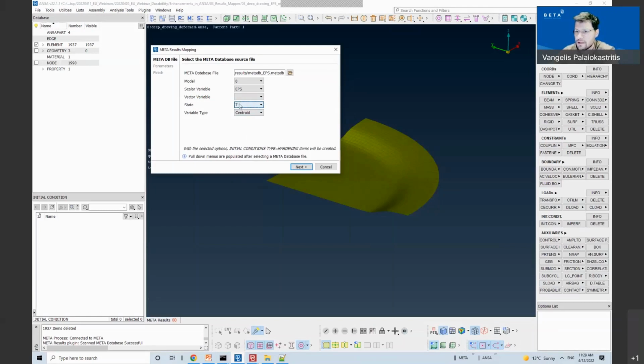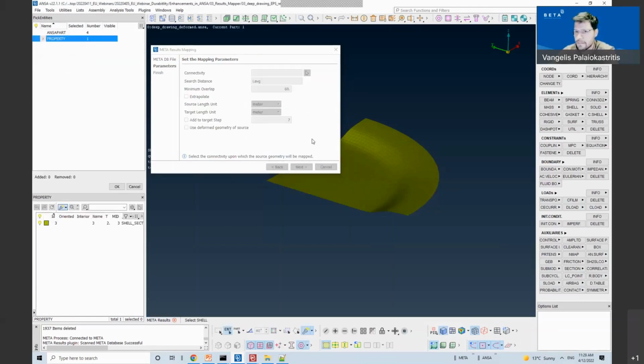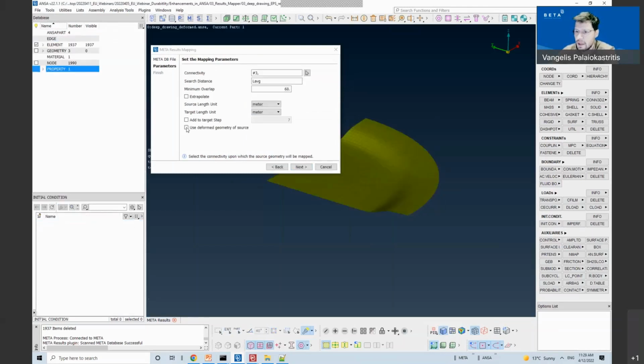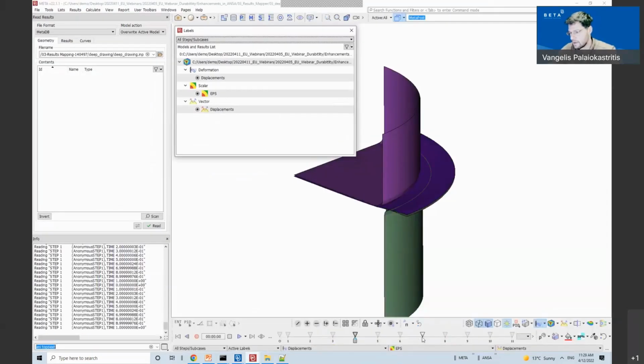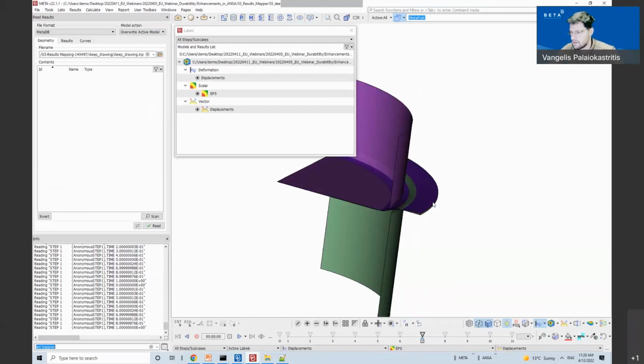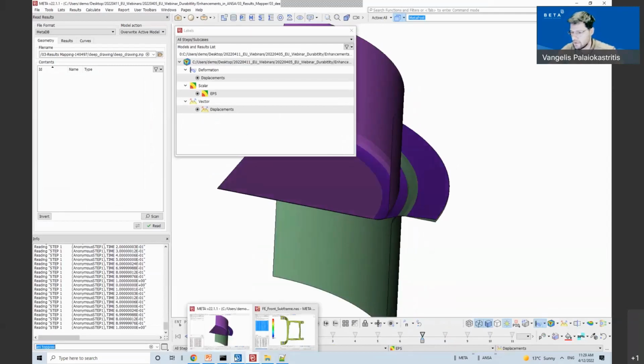So I am selecting the state 7, select the connectivity, and I will select here the used geometry, the deformed geometry as the source. If I see here in step 7, the geometry is deformed.